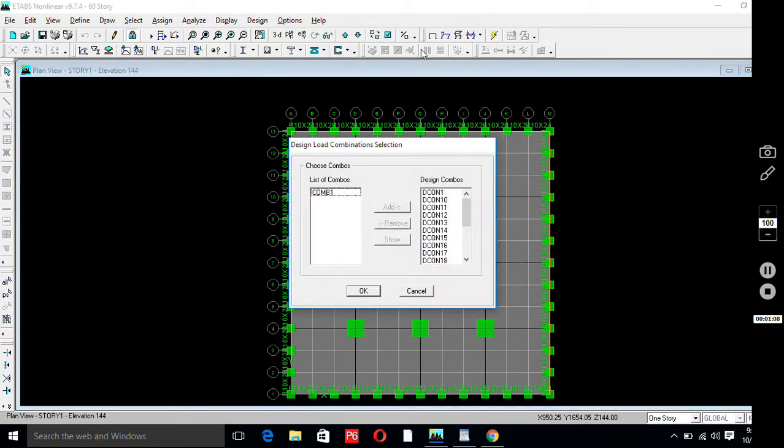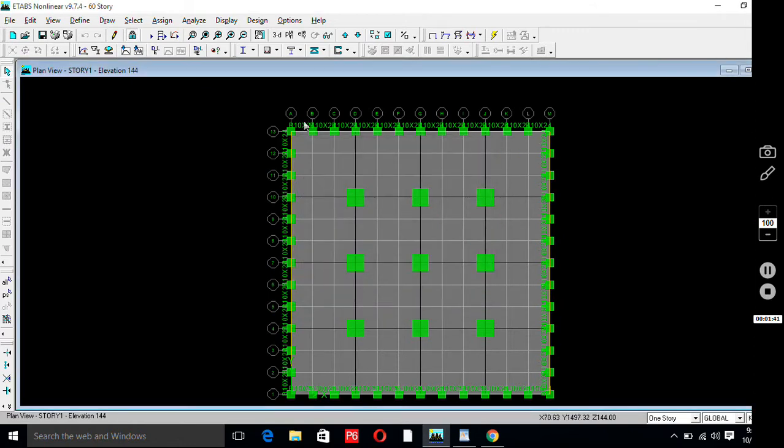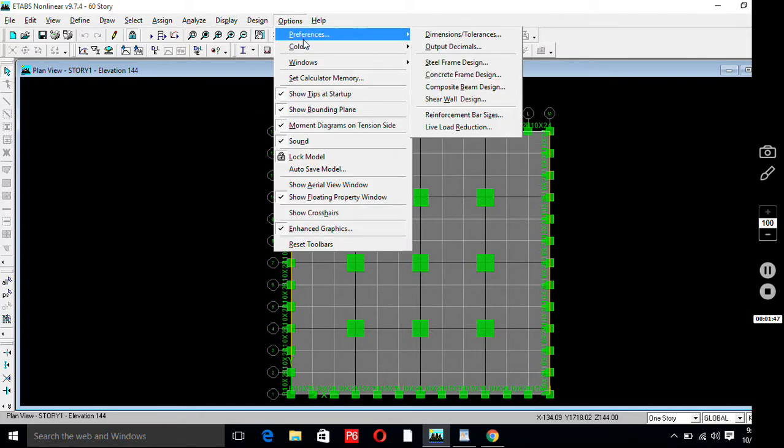Select Combo. If I am designing the whole structure for all combos generated by ETABS using the assigned code. If you are designing only for ultimate, then go to the design combos and delete the other combos. I am designing for all combos, and the controlling one will be chosen later. So, options,